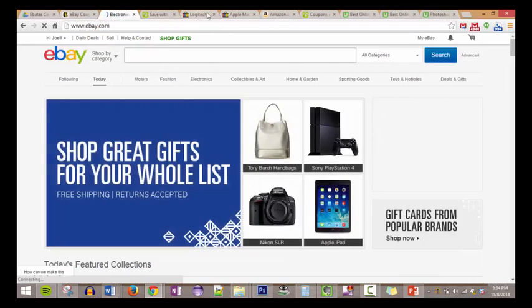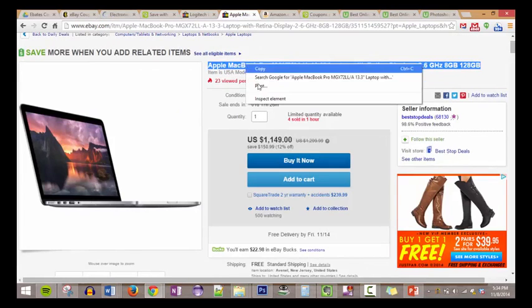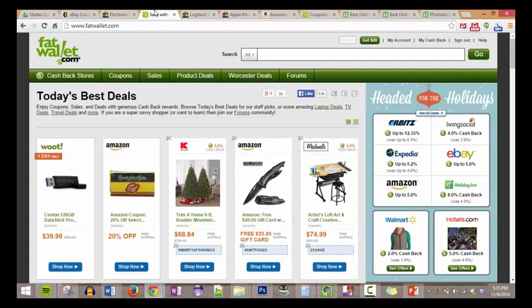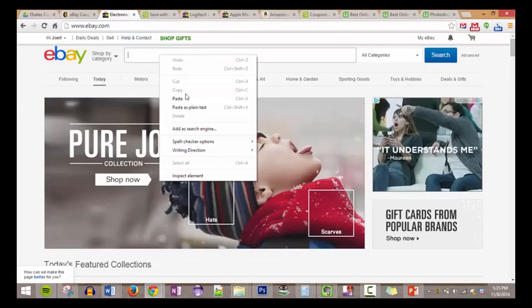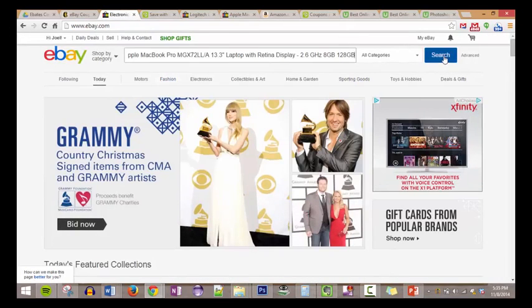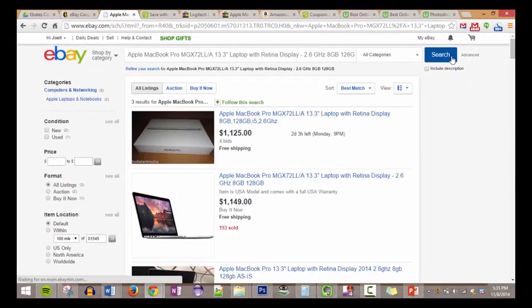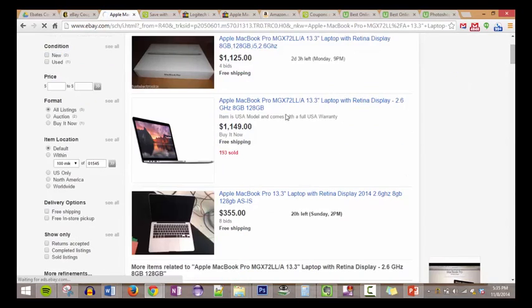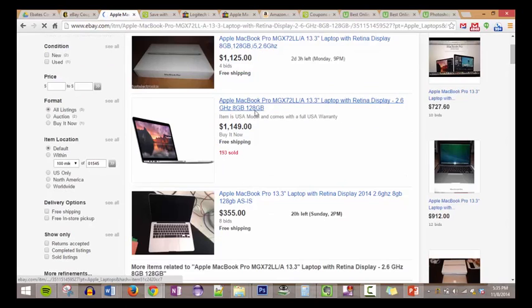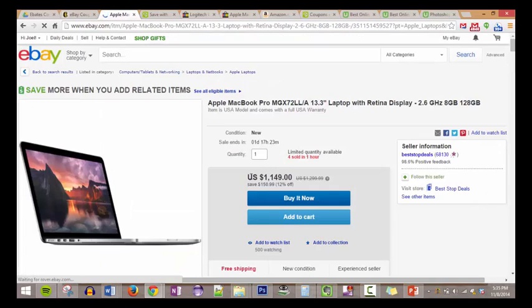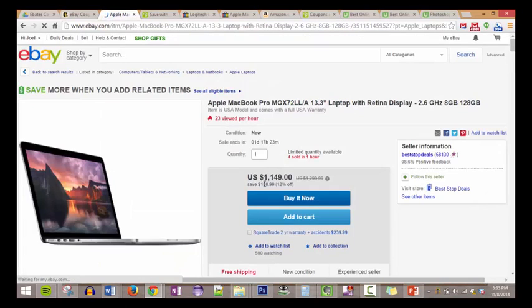And then just search for the same corresponding item. So if we do that, you can see the item, the price hasn't changed. It's still $1,149, but the difference now is,